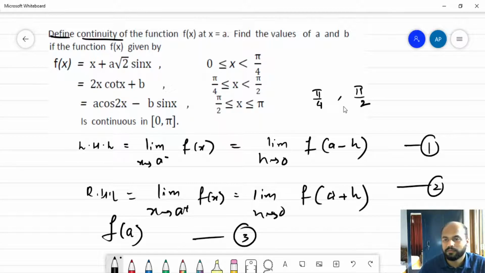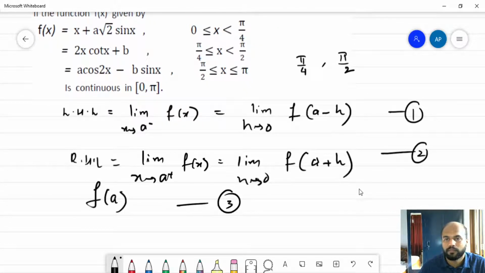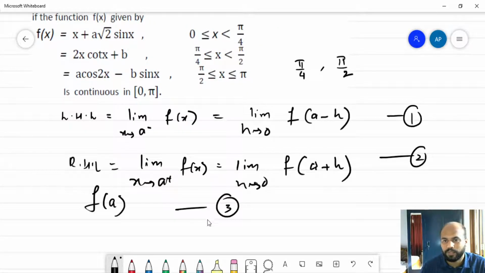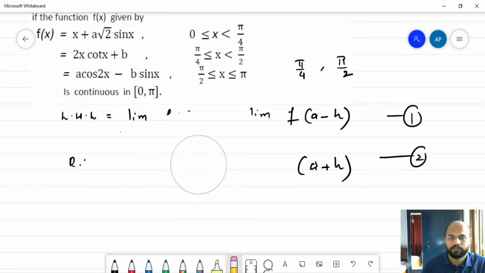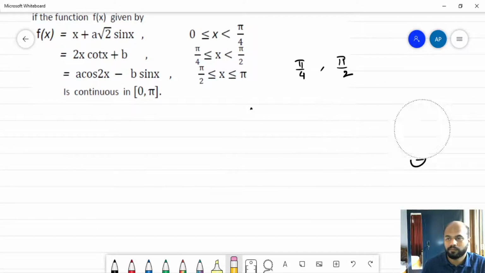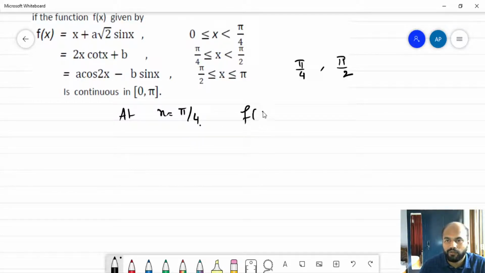Now after that, we have to actually solve this problem and find the values of a and b. So let's do it. So first we take x equals pi by 4. At x equals pi by 4, f(pi/4) would be pi by 4,